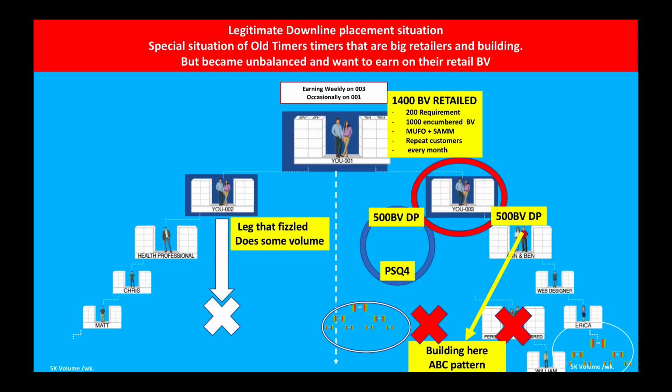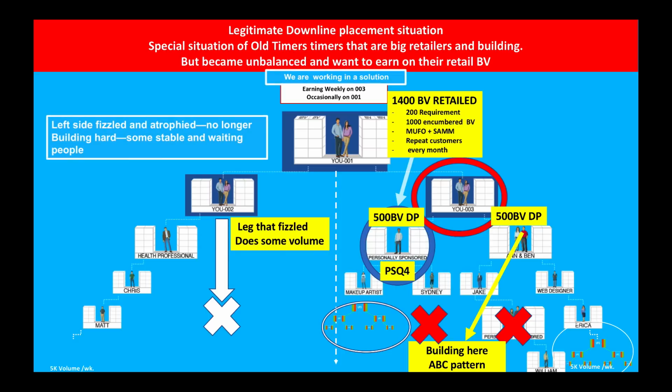There's nothing devious or undermining or diluting about that. So that's the one legitimate situation that I need to address. I haven't found a way to address. But most of the other ones are all solved by being able to place BV in one unit.